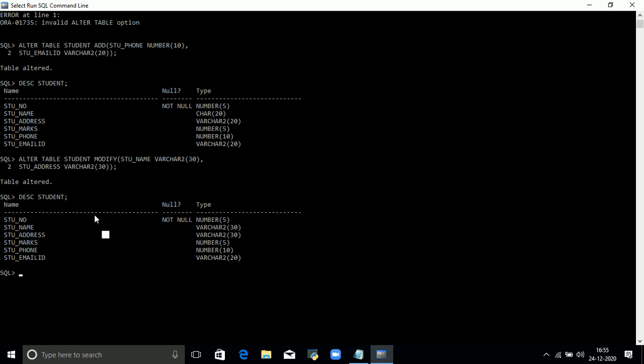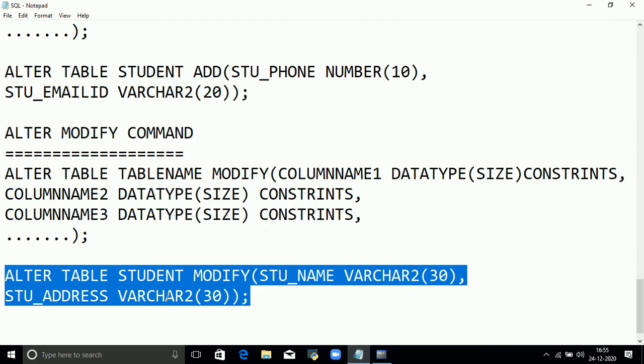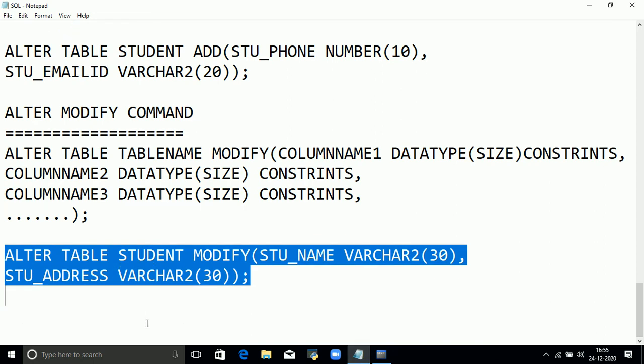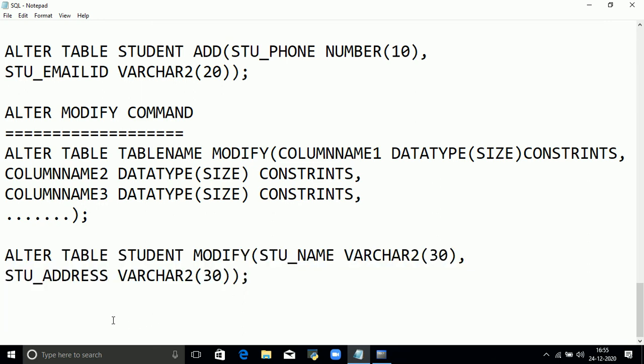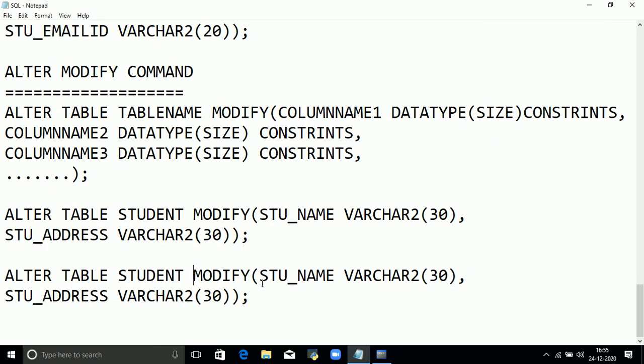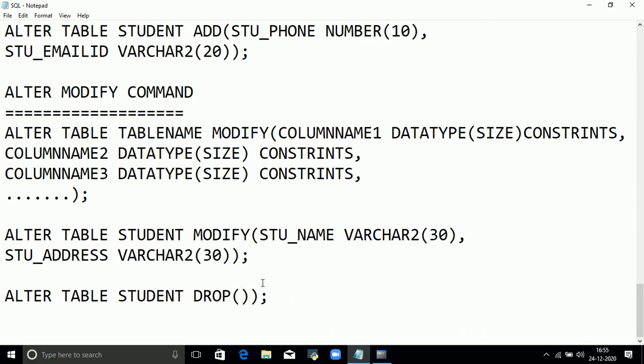Now, if you want to delete any column from your table, use the alter drop command. This is a simple one. If I want to delete the address, just use the drop command with the column name. This is the syntax of drop column.